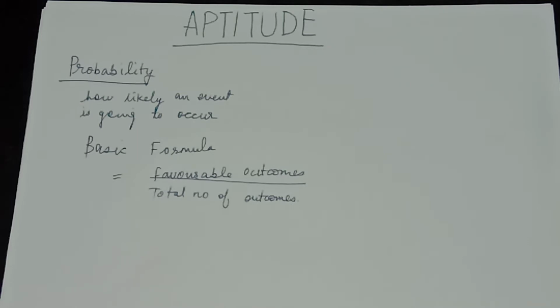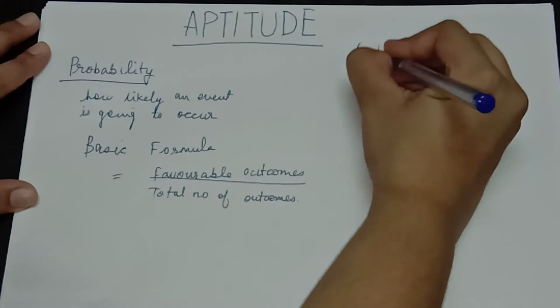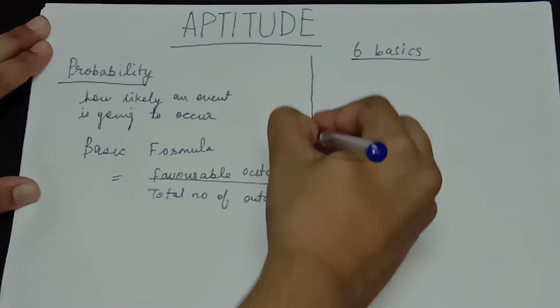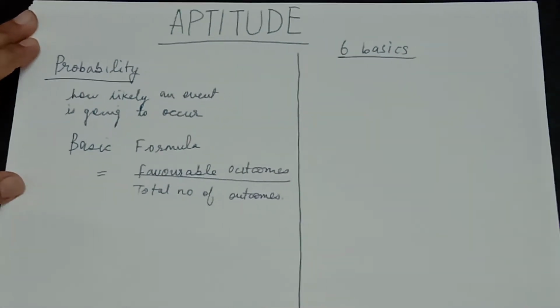But coming to what probability is in aptitude exams, it's a bit different from what you study in basic terms. So we'll talk about it, but first in this lecture we are going to build the basic foundation of what probability is, so that you can solve questions more efficiently and easily, and have a proper and deep understanding of the topic. So I'll tell you 6 basic tricks. Let's discuss 6 basics. These are the basics that will help you a lot while solving all these probability questions.